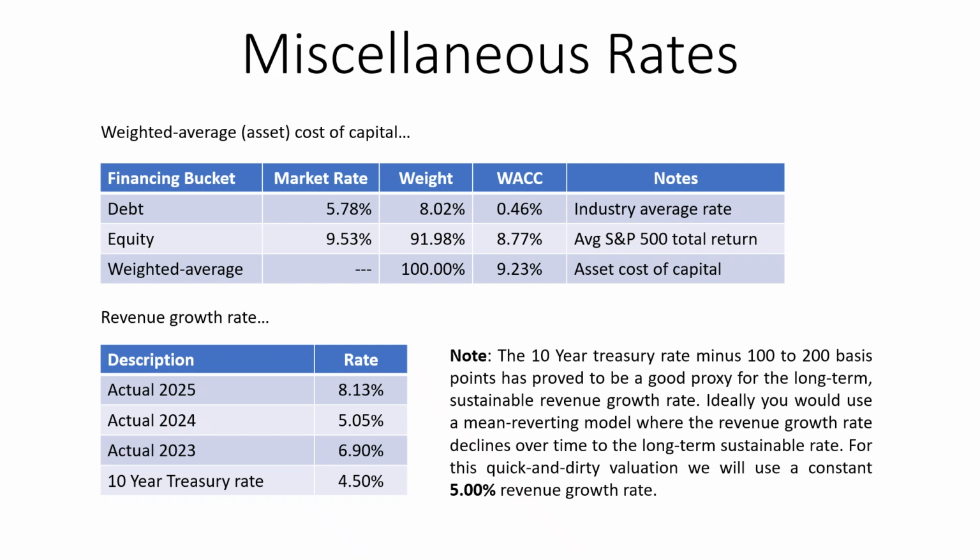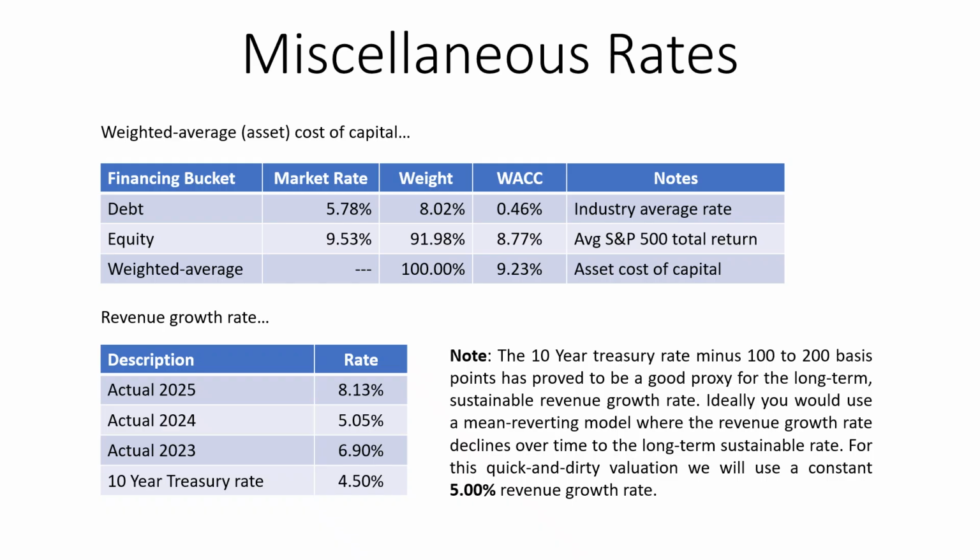The second thing we need is a revenue growth rate. We're going to assume that if assets are always a certain percent of revenues, then if revenue grows by X percent, my assets grow by X percent. And that percent goes into my valuation equation, so it's important. What we want to do is take the revenue growth rates of Costco. If we go back to 2025, the revenue growth rate was 8.13%, which is good because you have to remember